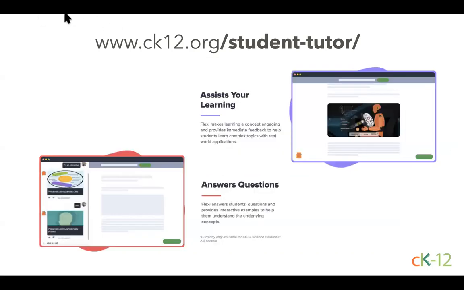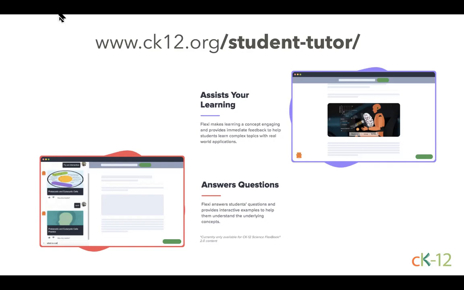Thanks, Lindsay. So we really believe in supporting students throughout their learning. And so there's a number of different areas and ways that this helps. First of all, this is CK-12 Learning. We get immediate feedback. You can learn complex ideas. We really support student learning across the resources we offer, from interactives to real world applications to our core lessons